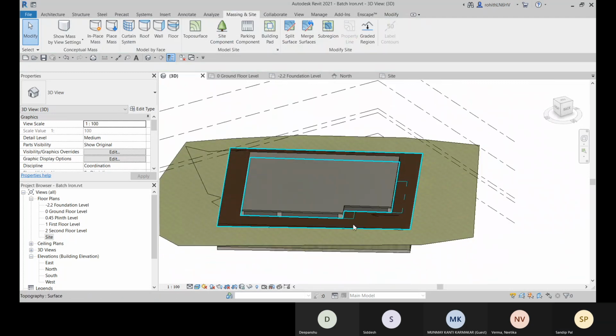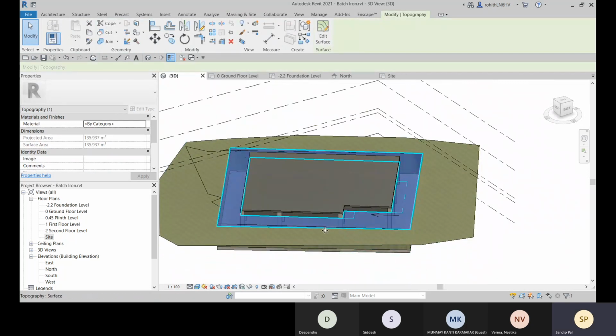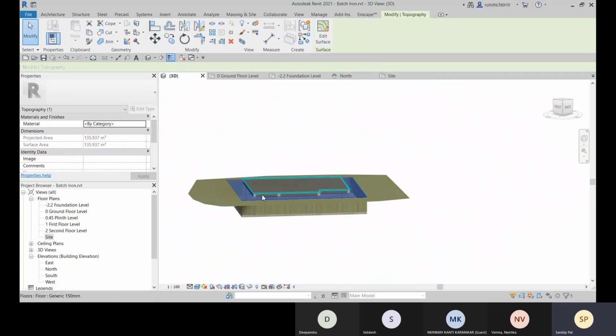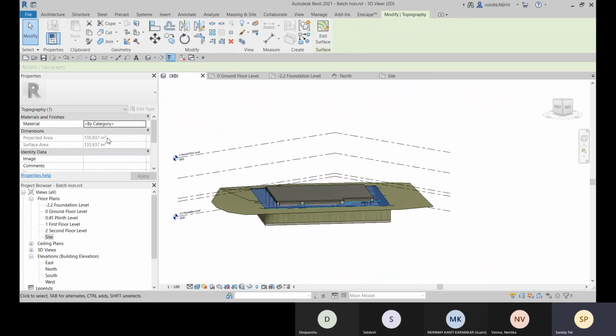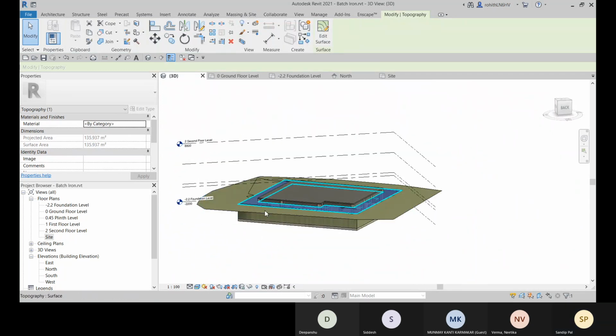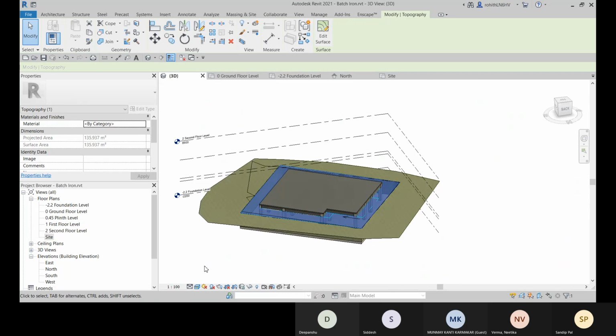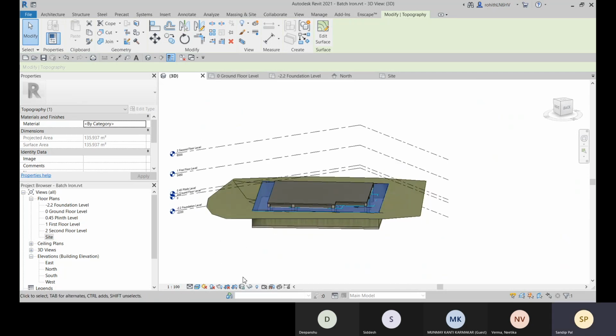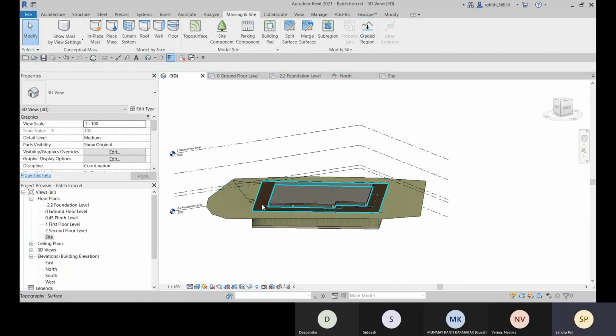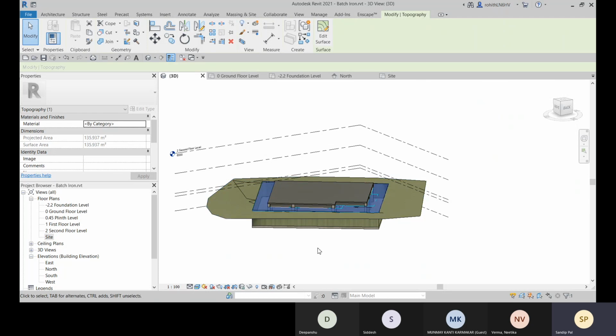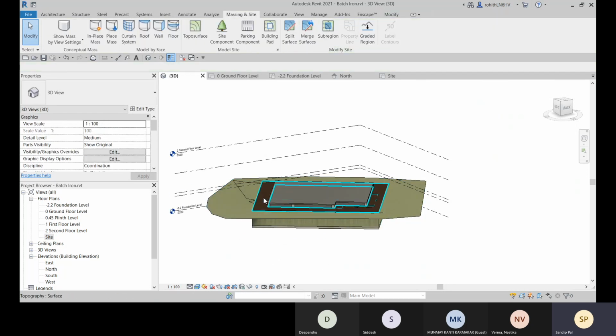Okay. So let me show you placing it at a different height. That cannot be possible. It will always be placed at the ground level.